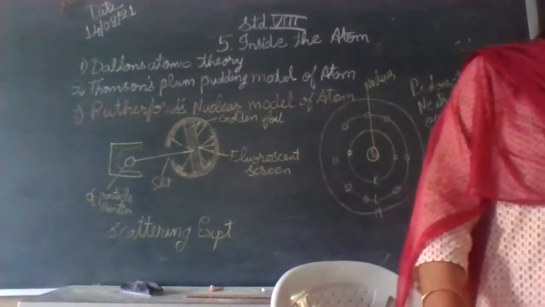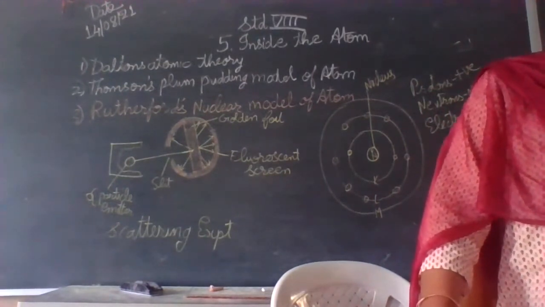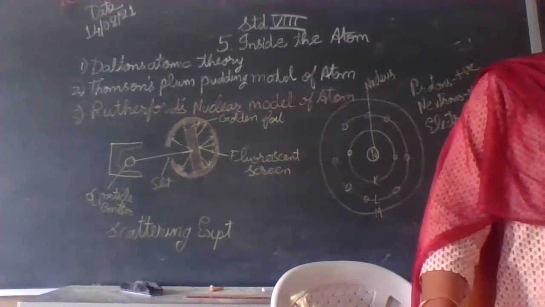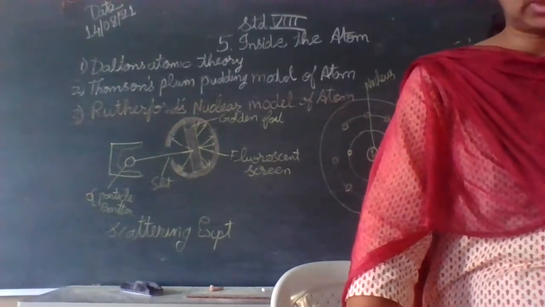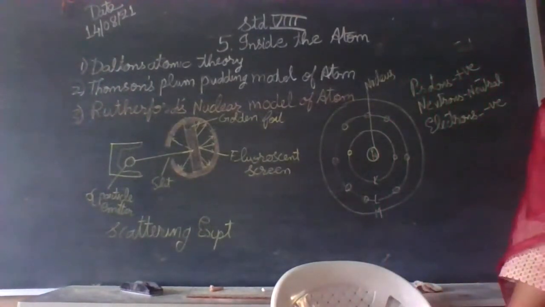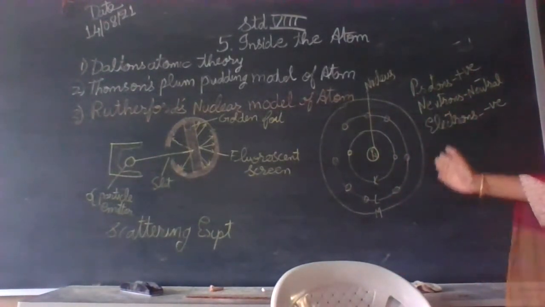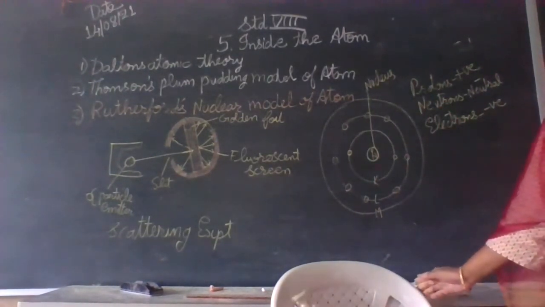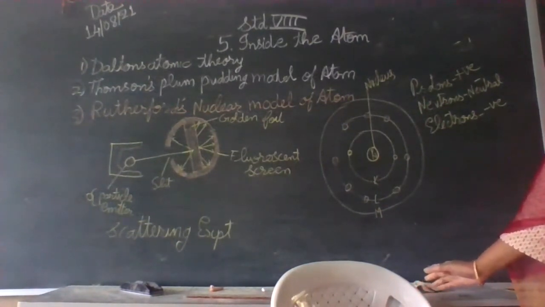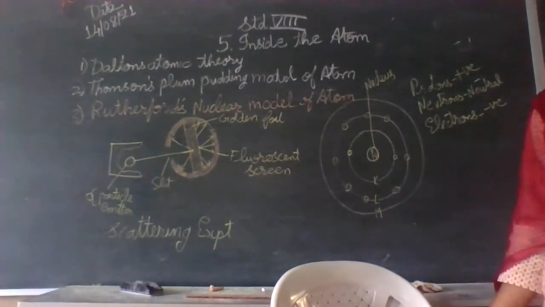Then the extra nuclear part is also there. The extra nuclear part is the atomic structure including the electrons revolving around the nucleus and the empty space in between. Can you see this figure? So the nucleus has protons and neutrons, and electrons are moving around in proper orbits. These electrons are negatively charged, and that was the perfect model given by Niels Bohr.